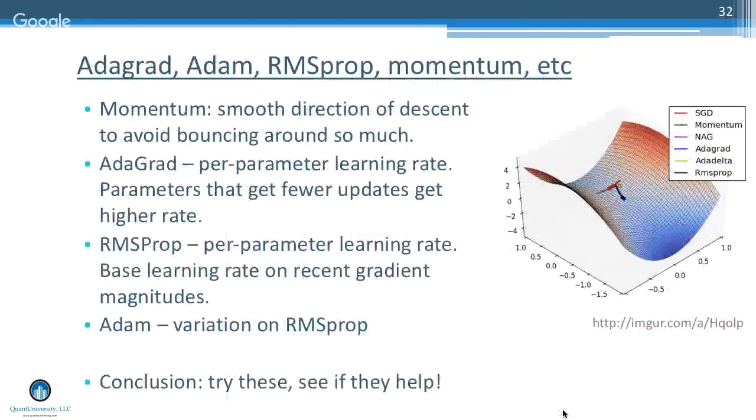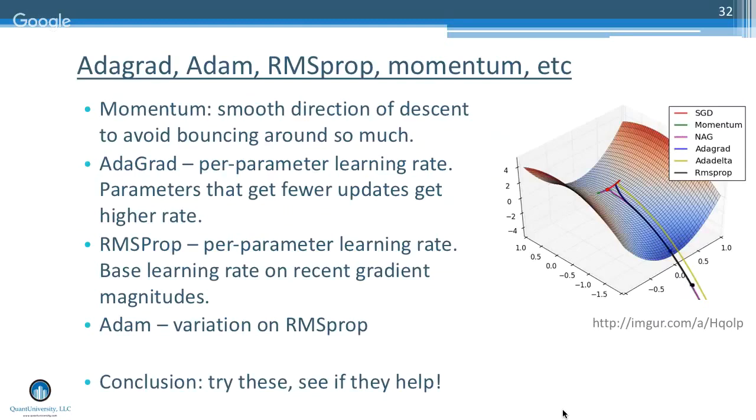There are a number of different attempts that people have come up with to make learning go faster. In particular, often what they'll do is look at the per parameter learning rate, right? They'll say, if the parameter isn't changing at all, let me use a higher learning rate for this one and take bigger steps. If it's already jumping a lot every time I make an update, maybe I should reduce it a little bit. And there's this cool GIF that shows, if you're at a saddle point, how long it takes these various different optimizers to get out of it.